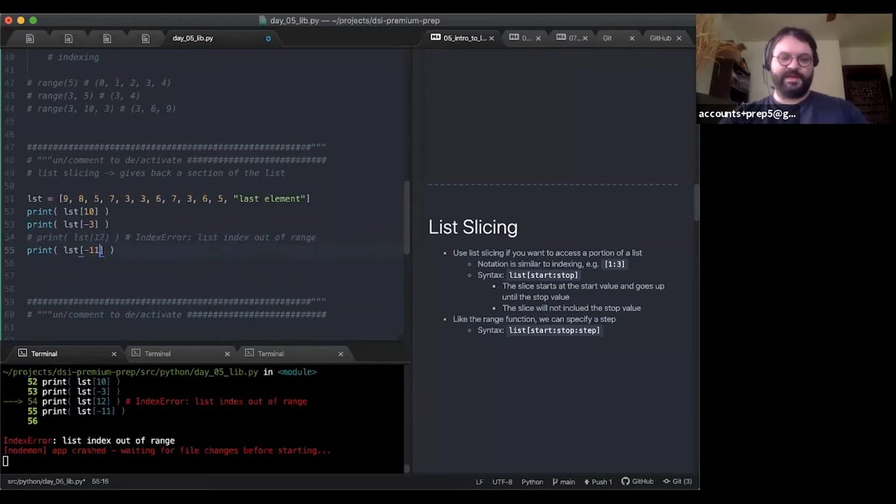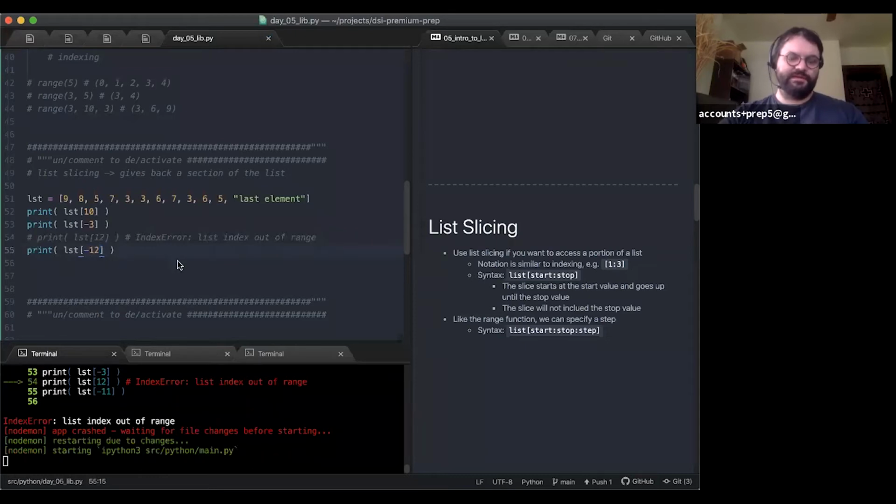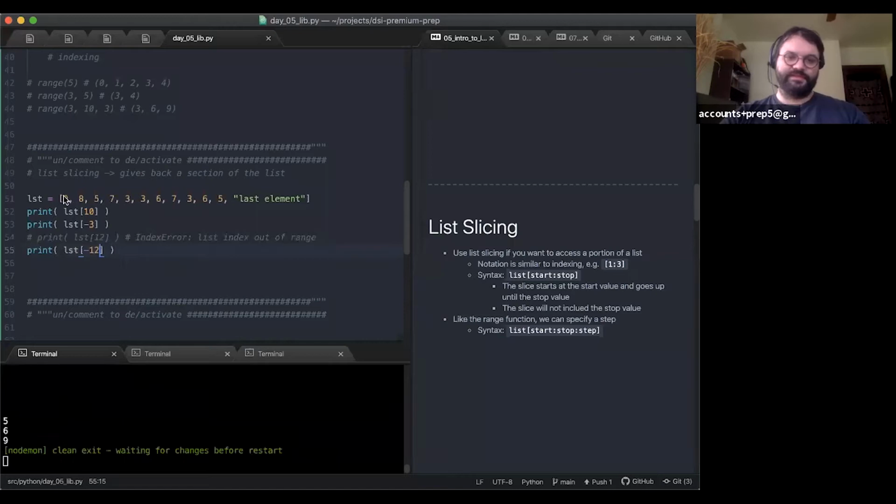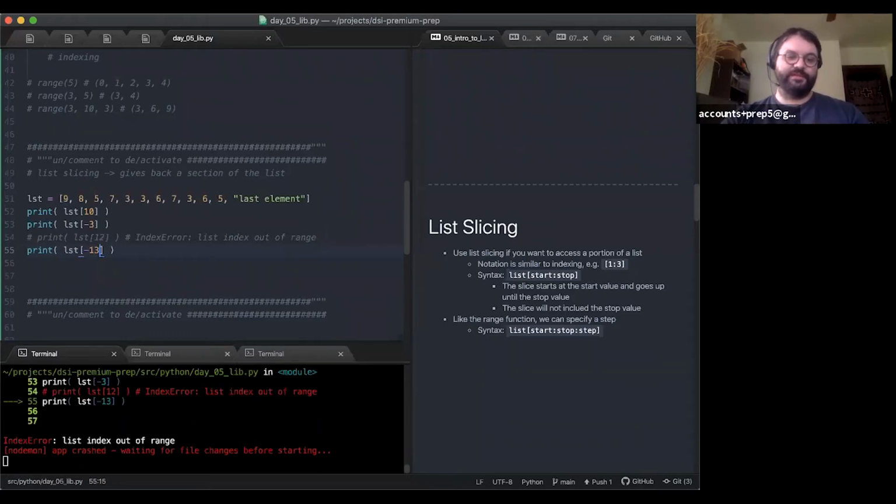And if I do list sub negative 12, is that going to give me an index error? No, because that's going to give me the first element, right? So list sub negative 13 is going to give me an index error, again, index out of range. Right, so you have to be sure that the index you're using is within the range of the list. Cool.